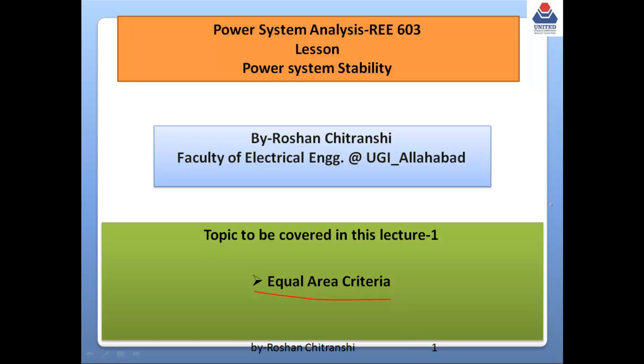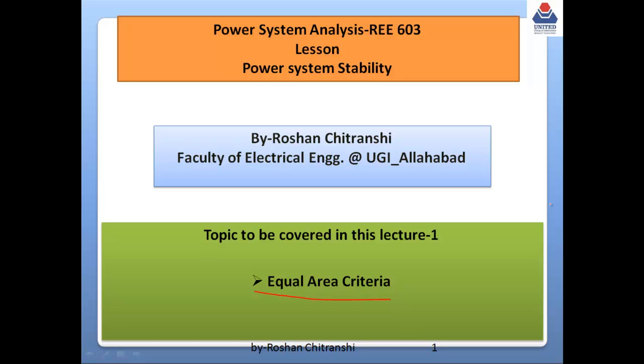This method is applicable to any two machine system. It is not applicable to a multi-machine system directly, but it can be indirectly modified with the help of point-to-point analysis, right? The principle of this method is that when delta, the torque angle or power angle, oscillates around the equilibrium point with constant amplitude, transient stability will be maintained, right?